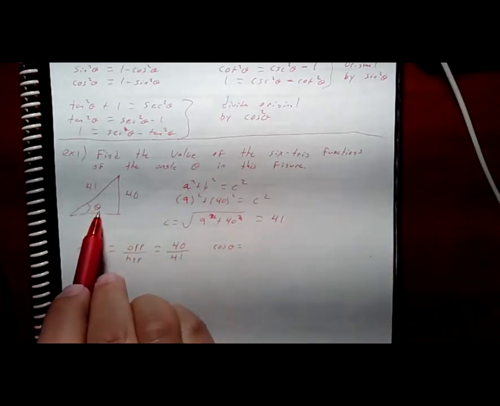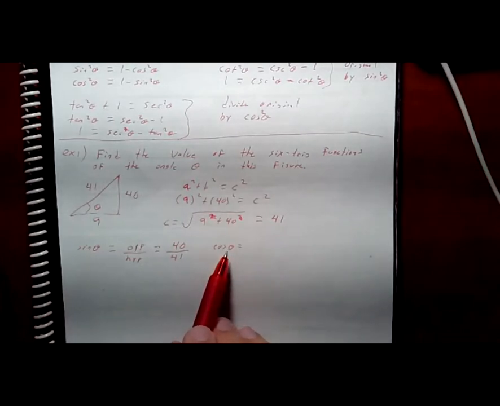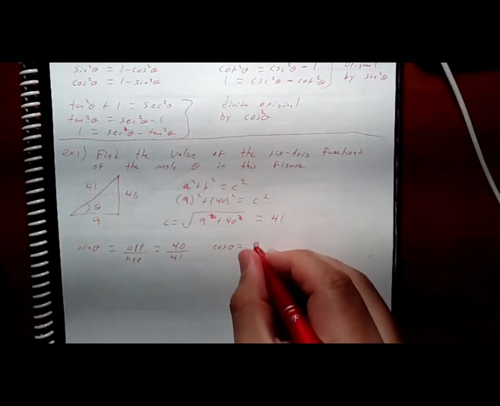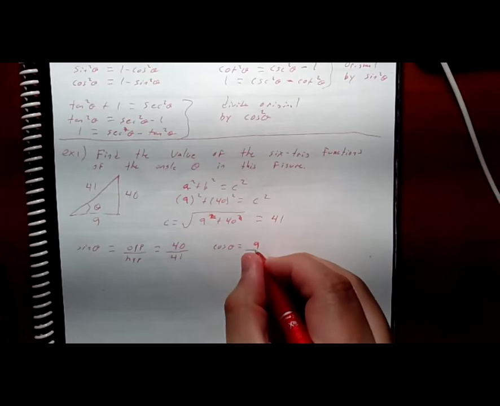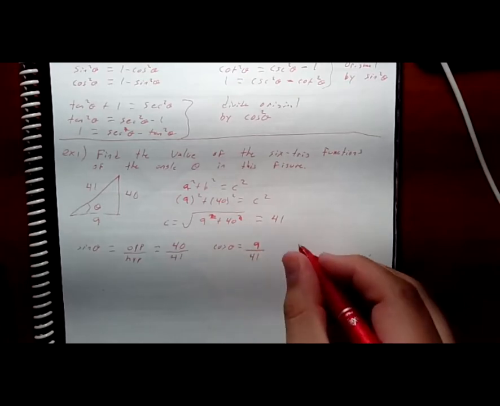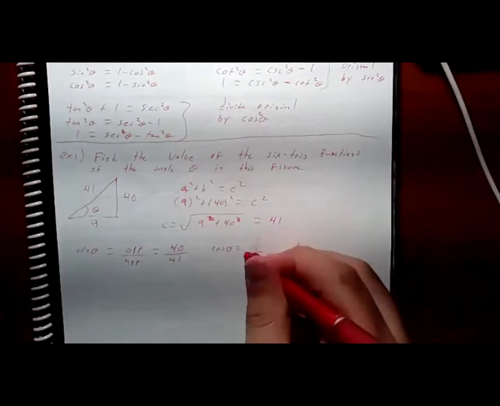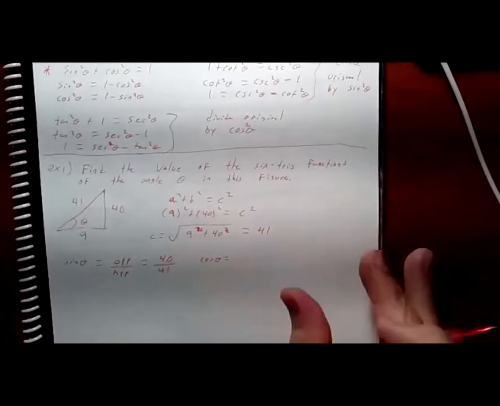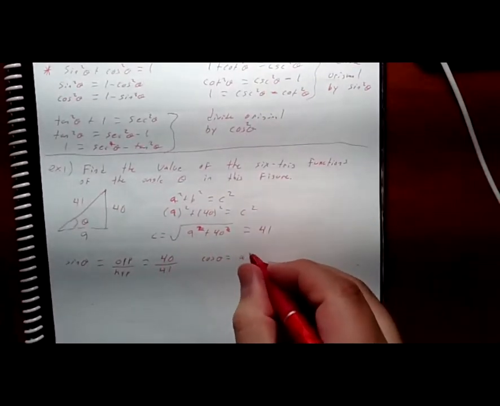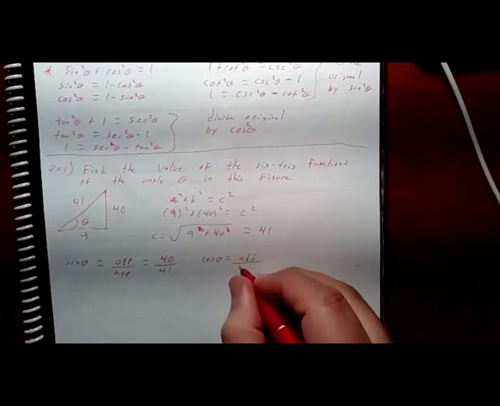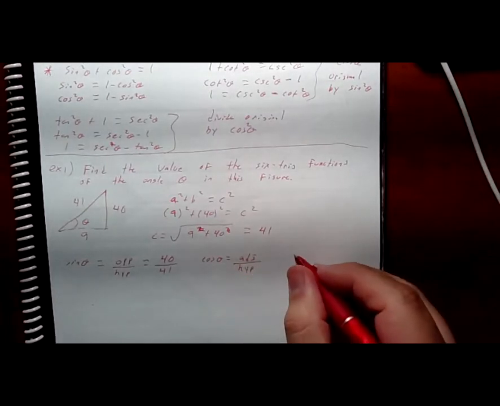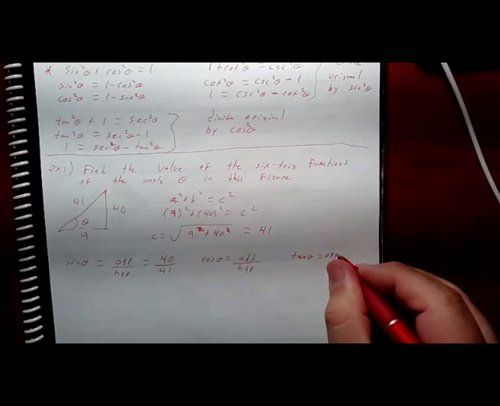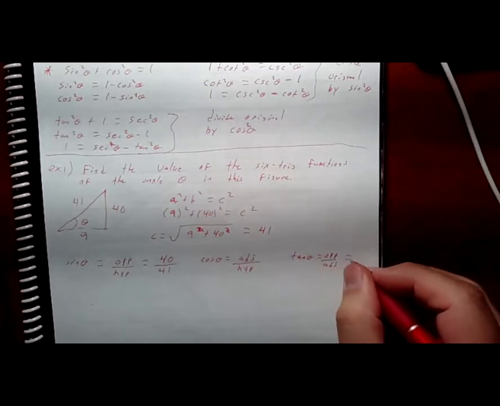Cosine is adjacent to theta. Cosine of theta, whatever angle they're talking about, is adjacent to that angle. So that'll be 9 over 41. Oops, I should put the formula. It'll be adjacent over hypotenuse. Tangent is equal to opposite over adjacent, which is